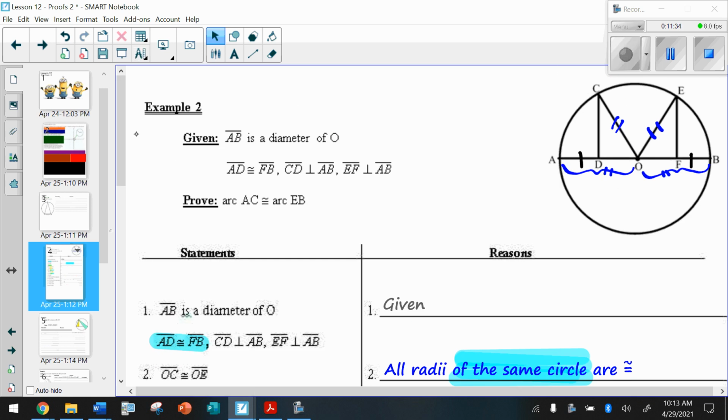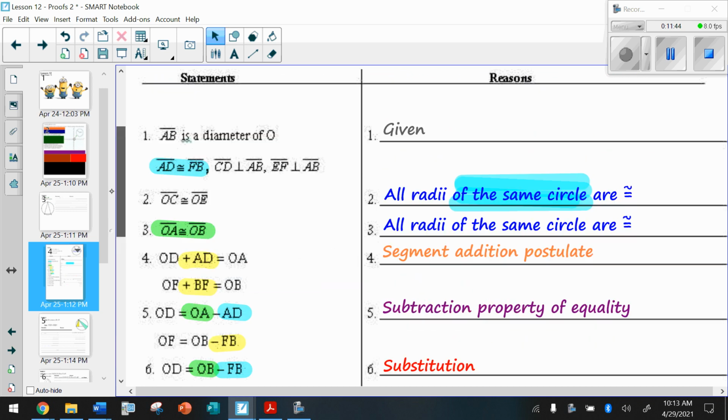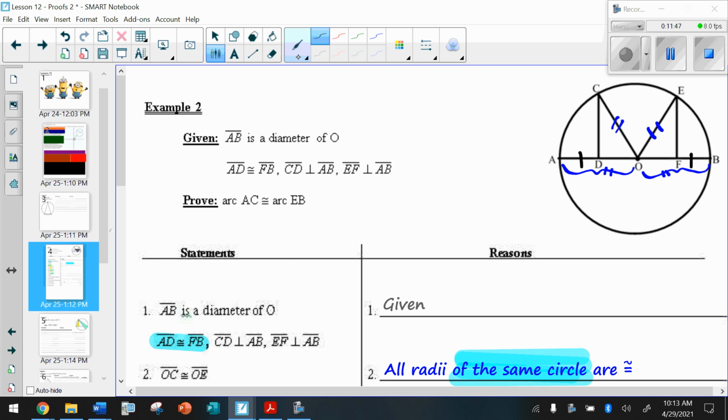So we're trying to prove that arc AC is congruent to arc EB. And we just said that angle COA is congruent to angle EOB. So in our previous statement, we said that this central angle is equal to this central angle. And the central angles are congruent to the intercepted arcs, which means angle COA is equal to arc CA. Angle EOB is equal to arc EB, and we don't have to prove that because we actually already